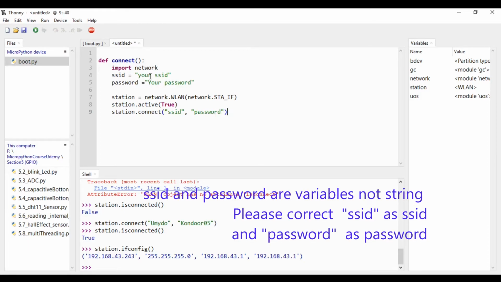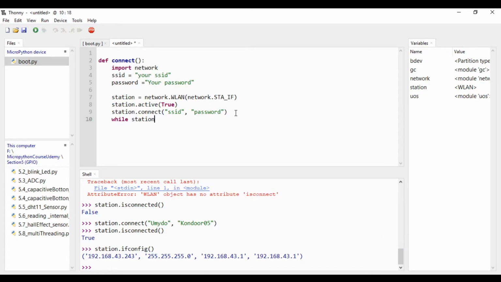Okay, you can change here your SSID and password. While station dot isconnected equal to false, that means if it is not connected, then just pass, then it will not do anything. Otherwise you can make it print.